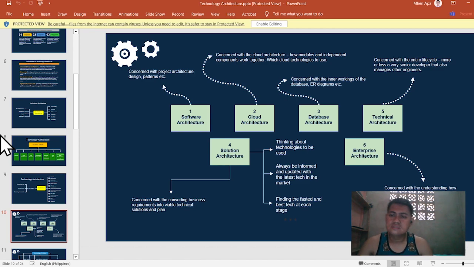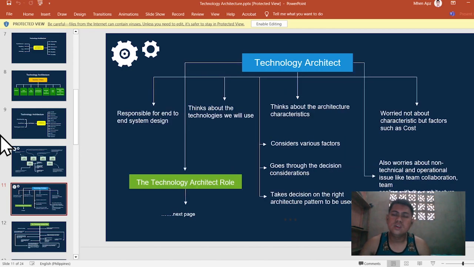At each stage, technical architecture is concerned with the entire life cycle, more or less a very senior developer that also manages other engineers. So the last one is the enterprise architecture. It is concerned with understanding how the solution will work in conjunction with the rest of the enterprise architecture, understanding the flow, storage, and communication. So technology architect. So we have the